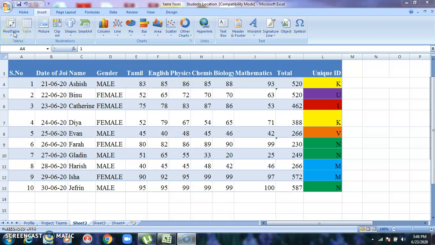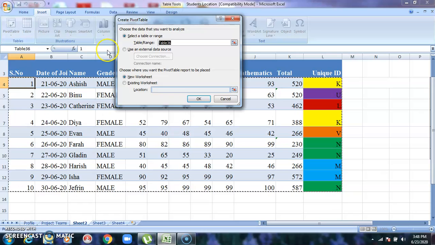It is quite easy. Just click pivot table. You can see a prompt over here which is asking you two things. Just click the two options and you will get the pivot table immediately. Now what are the two things? The first thing is you have to select the table range. Okay, now what is the table range? Now how will we select?